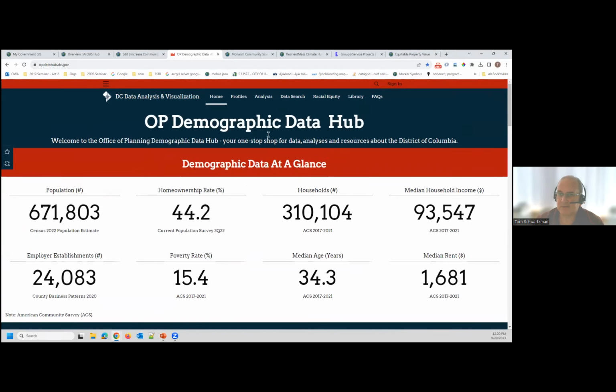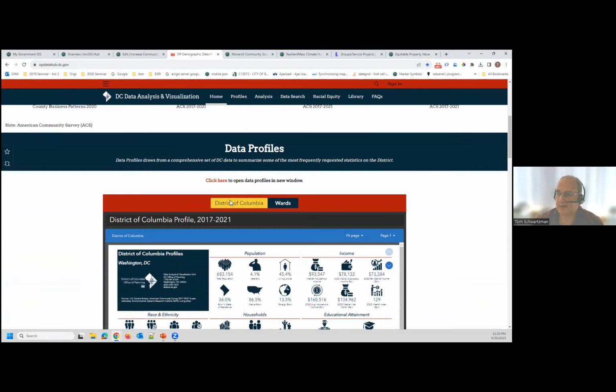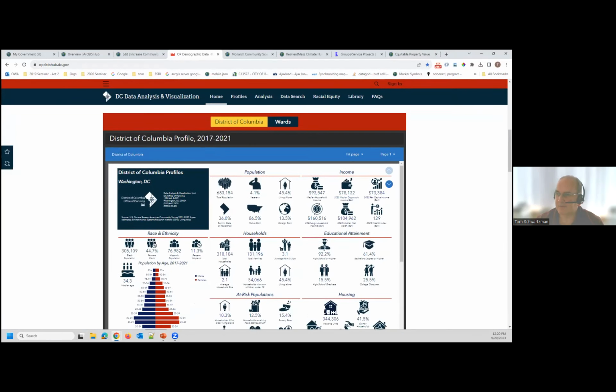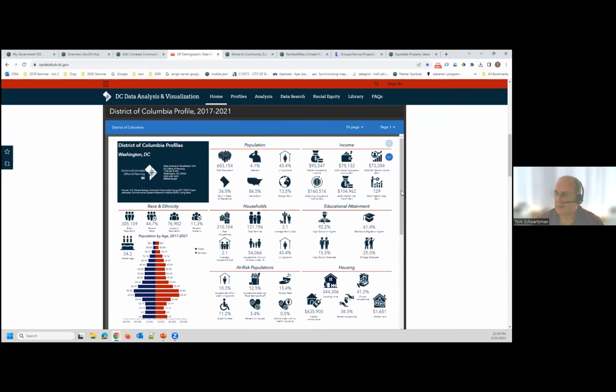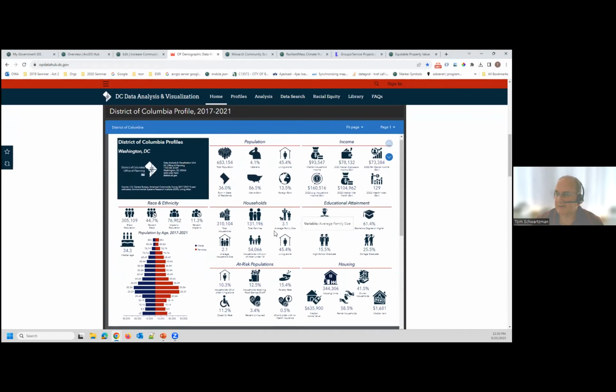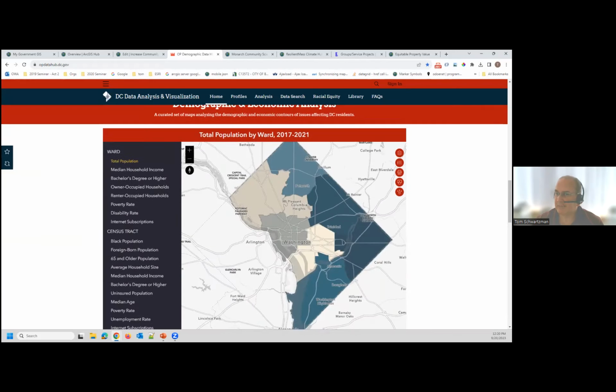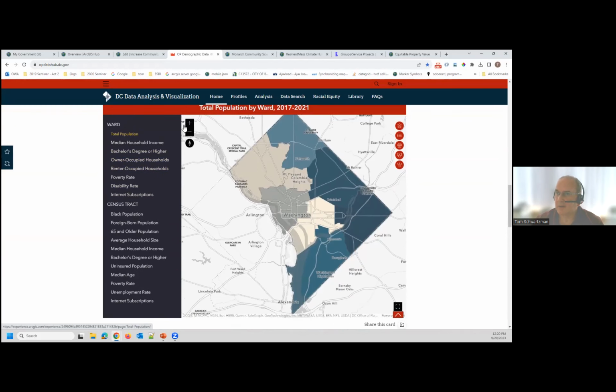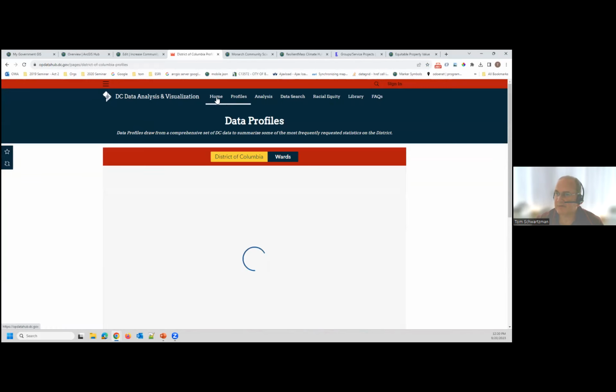demographic data hub. And you can see they've done things like put some statistics on it. They've got a business analyst infographic here that you can interact with. And then they've got a map. And actually, this looks like a story map or something. Oh, actually, that's a different page.